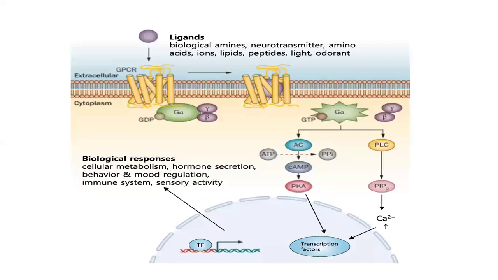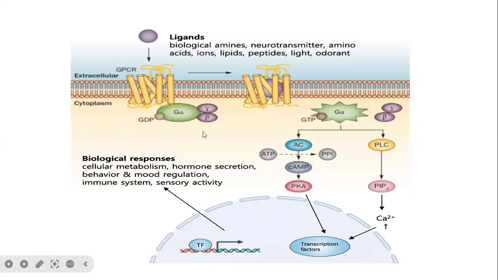Look at this diagram. This is the G protein coupled receptor, and we have a ligand. For all kinds of G protein coupled receptors, there is a general phenomenon. What happens is that, suppose we have a ligand, the ligand will bind to the receptor. This is the receptor. Now when a ligand binds, the receptor undergoes a conformational change and it binds to the